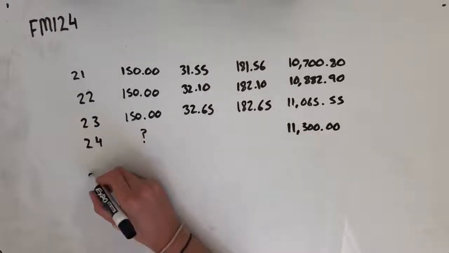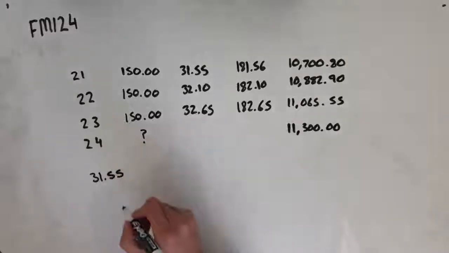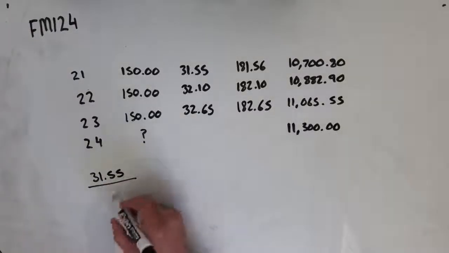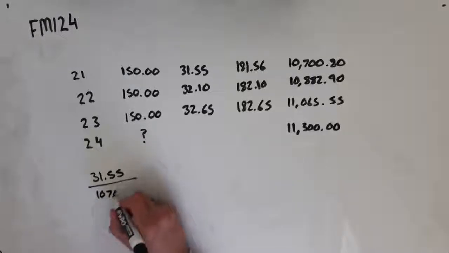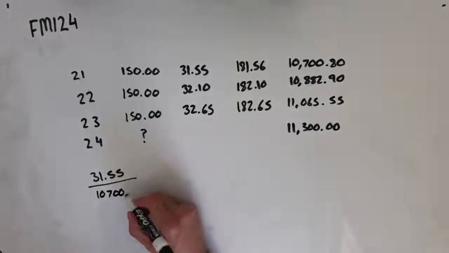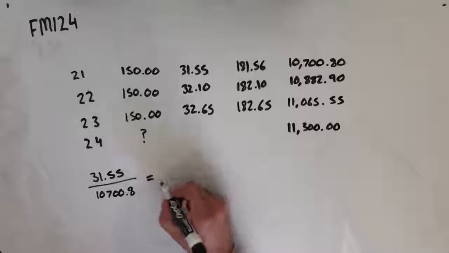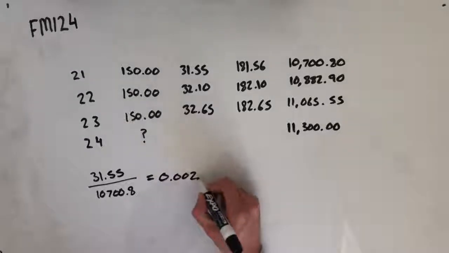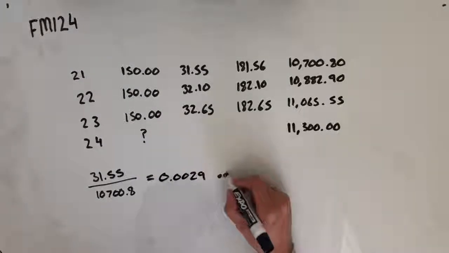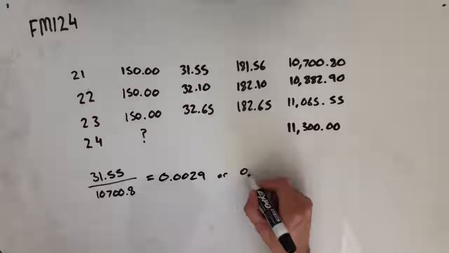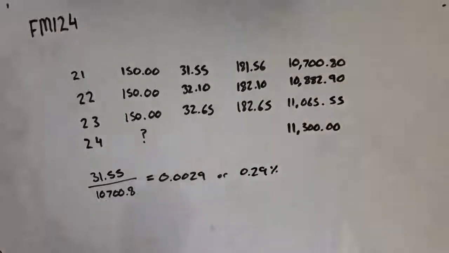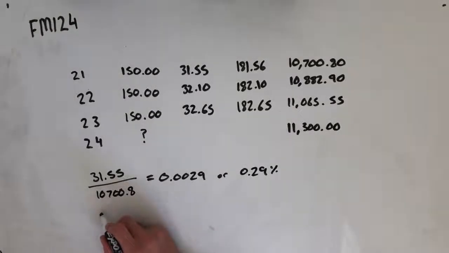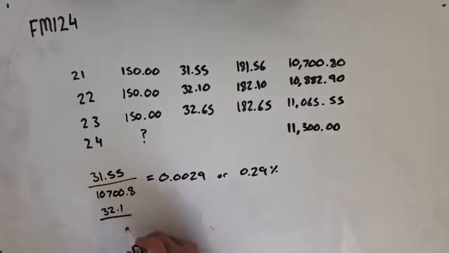So a couple of quick calculations, 31.55, so the interest on top divided by the amount of the account at that point in time, that's going to give us an answer of 0.0029 or 0.29% if we were to convert that decimal to percentage. And one more quick calculation just to make sure that that is our number, that is our percentage rate,